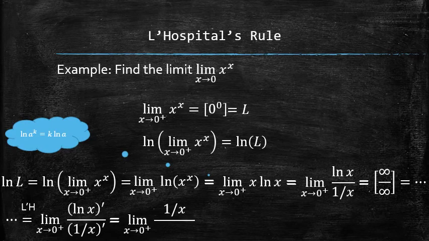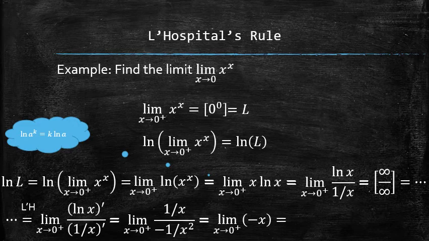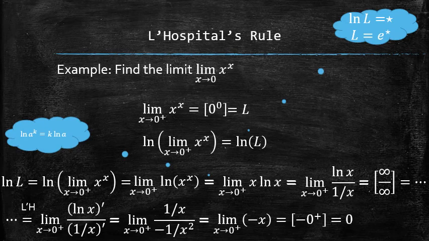After each application of the L'Hopital's rule, we must reevaluate the form of the limit. Since it is not of any indeterminate form anymore, we find the limit by simply plugging in 0 into the limit. However, this is what the natural logarithm of L is equal to. To find L, we exponentiate e to this power to get the original limit.